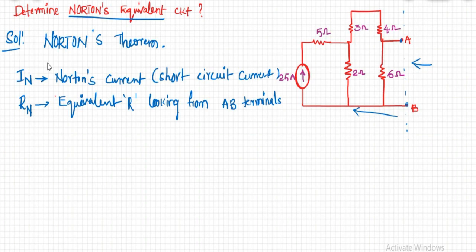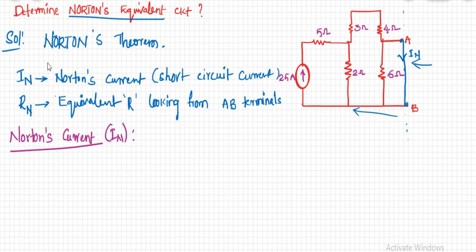Okay, we have already got a basic idea about how to resolve a network's equivalent resistance. Now I am going to find our short circuit current, which is Norton's current. How can you find this? We are going to short circuit the terminals here. So these terminals must be short circuited. We need this current IN.